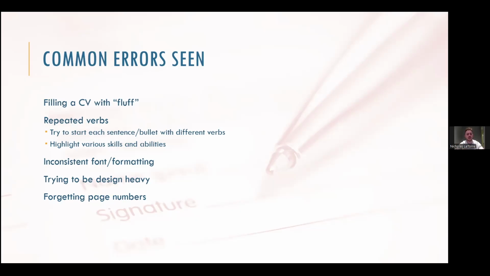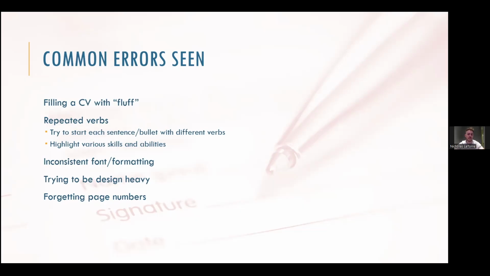Definitely want to vary those verbs that you're using and make those exciting. Don't just say worked, blah, blah, blah, or organized, blah, blah, blah. You would want to include more engaging verbs, hopefully ones that reflect the skills you were doing. Think about what active verbs you can use and then vary those. My rule of thumb is never repeat a verb if possible, so that you can highlight those various skills that